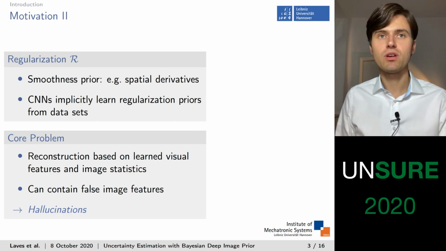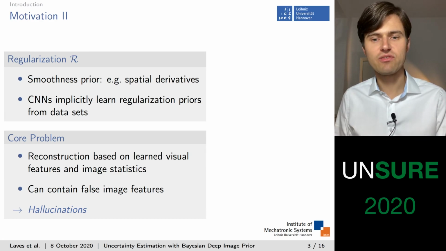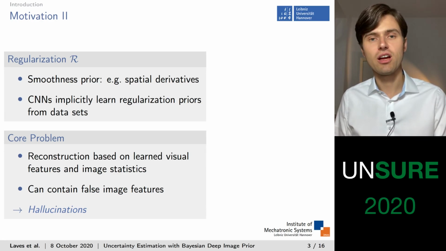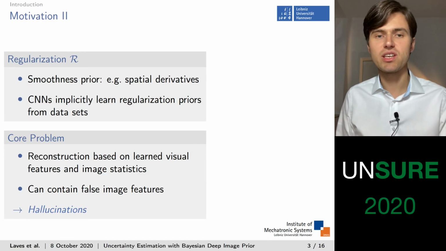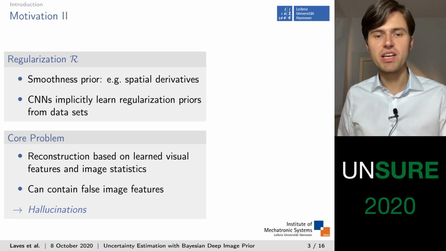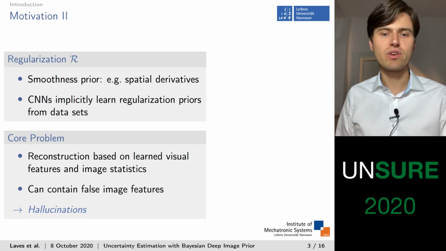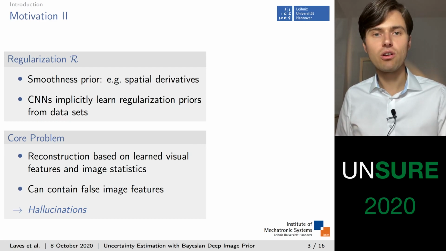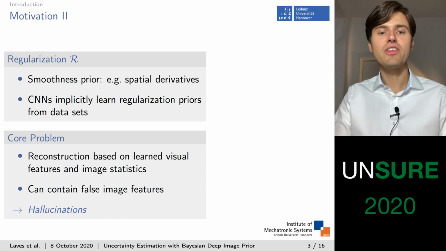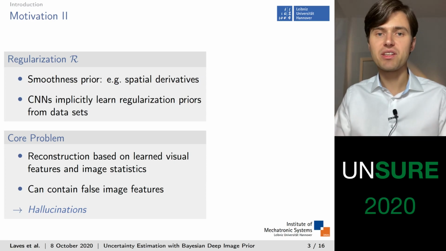the image. More recently, convolutional networks have successfully been used to implicitly learn a regularization prior from a dataset with corrupted and uncorrupted data samples. The CNN extracts important visual features from the noisy input image and reconstructs the input from the extracted features using learned image statistics. This, however, creates the core problem of medical image denoising with deep learning that is addressed in